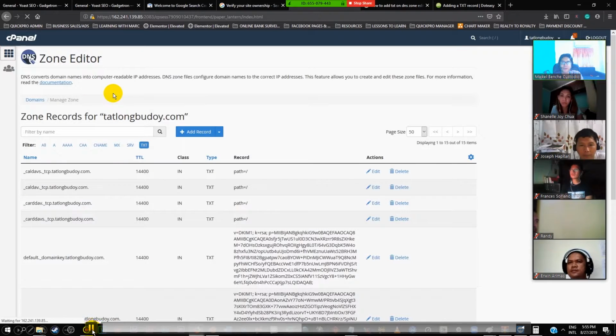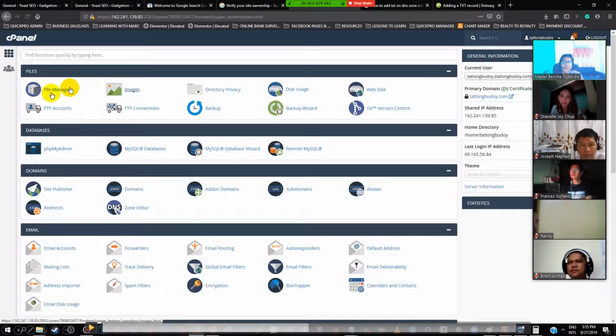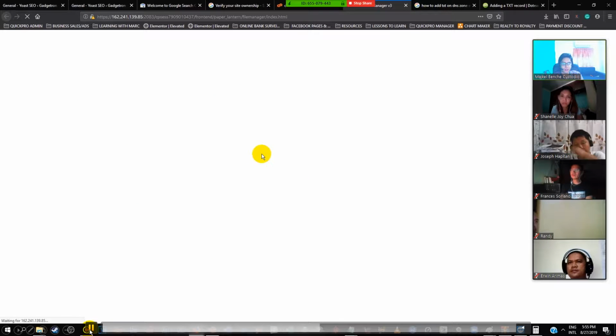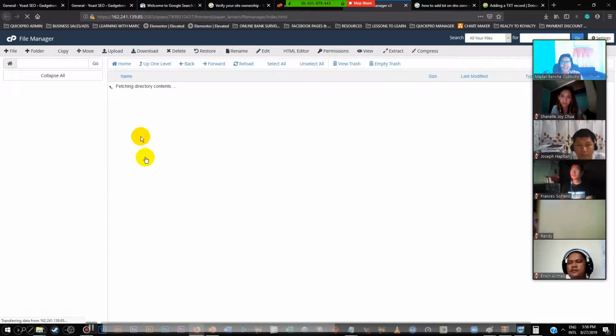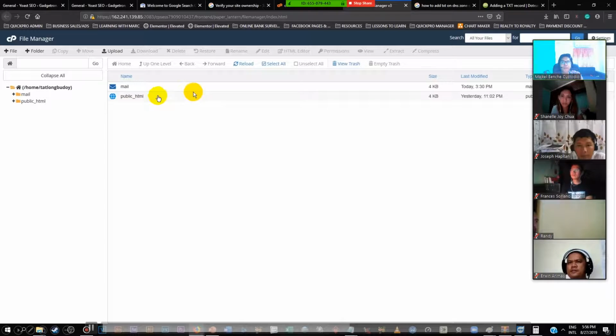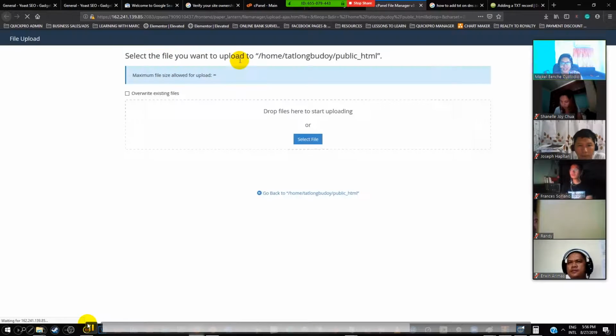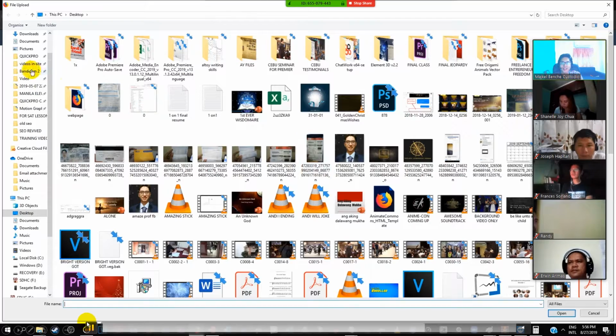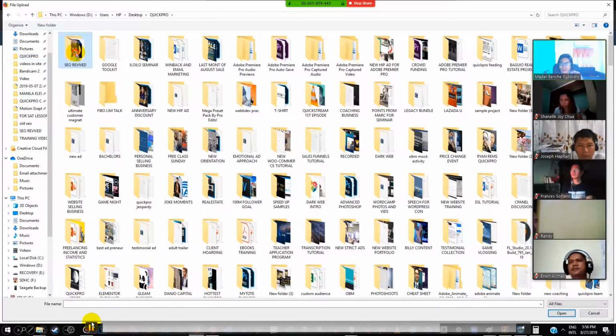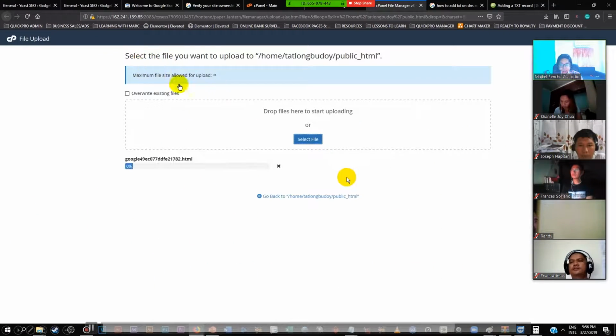Now, so just go ahead and click on File Manager. Of course, if it's HostGator or whatever, it's gonna have different look. Click on File Manager, ayan. And then this is the file managing area. Click on Public, ayan, oh. And click on Upload on top. You see that? The upload button? Yeah, just click that. Select File, and then SEO, and yeah, that's the file we downloaded earlier. And there you go. Done uploading.